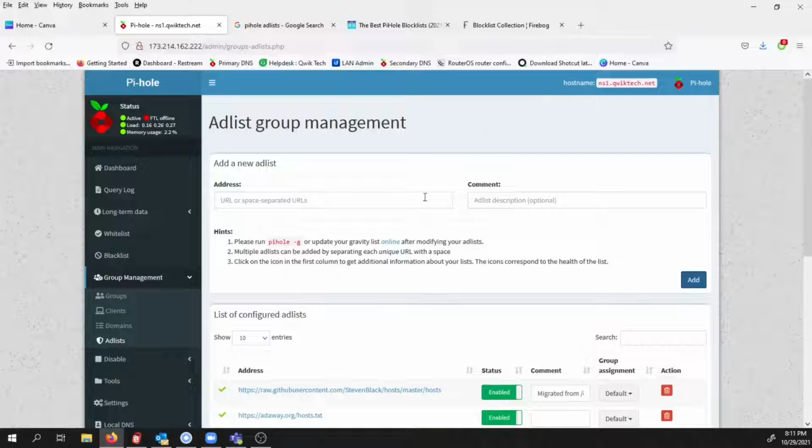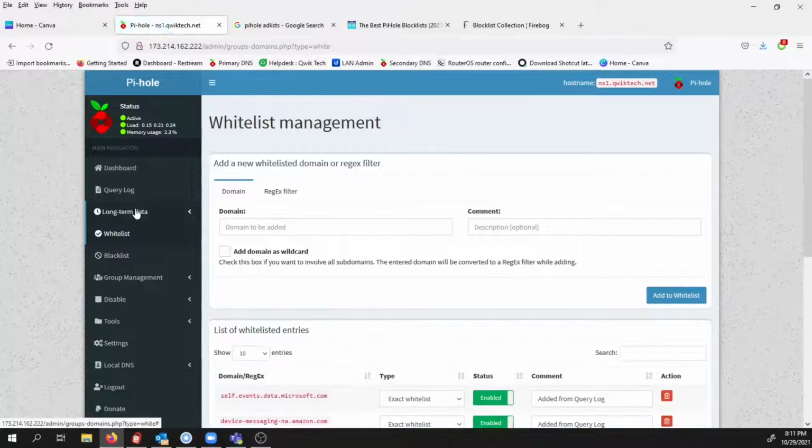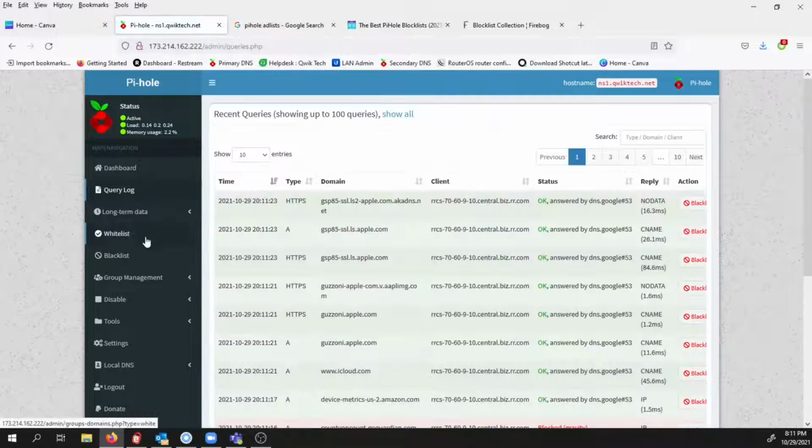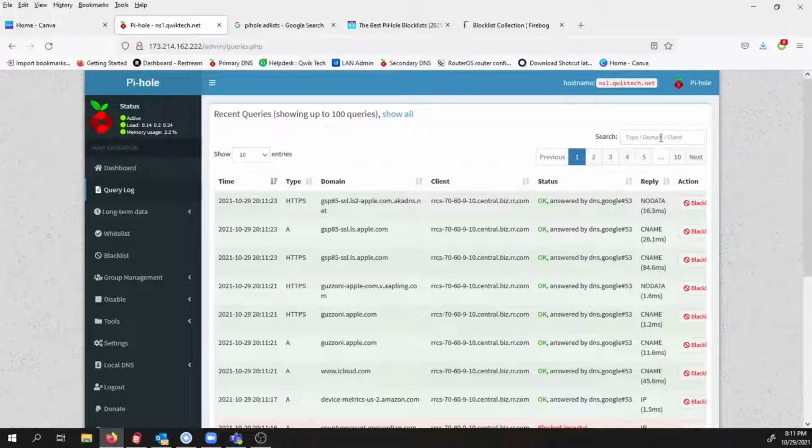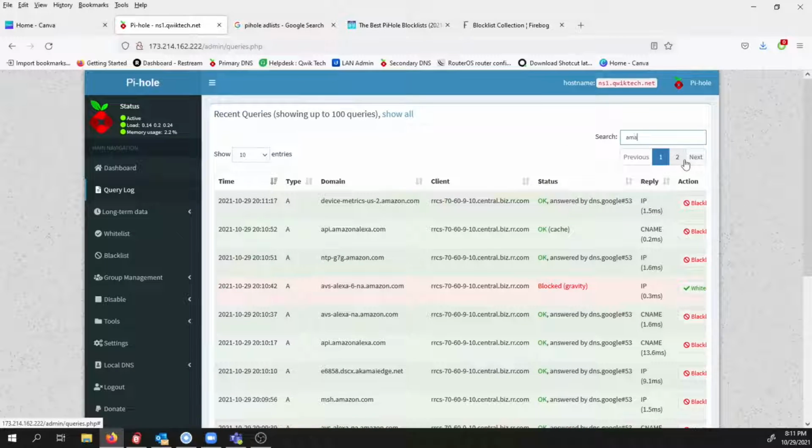So now that we have added a few lists, you can go into the query log, which I don't think I touched base on much. Like I said, if it's something like Amazon, you can go up to the search. You can type in Amazon, and it will pull up every Amazon query that has been